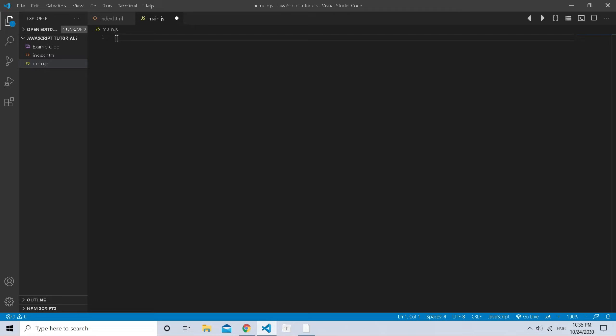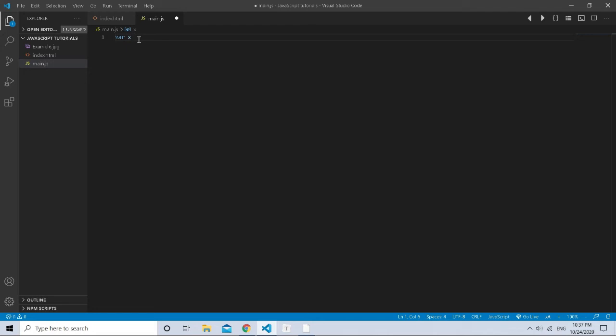So variable is nothing but it is a container for storing values. Now to write the variable syntax, we have to type a var keyword like this. So this var keyword specifies that we are writing a variable here. So we should now name the variable, so we can call it later or we can use it later. So now we are naming this variable, or we are labeling this variable x.